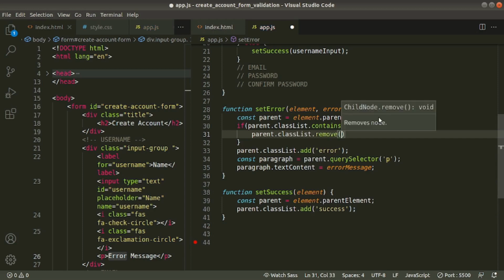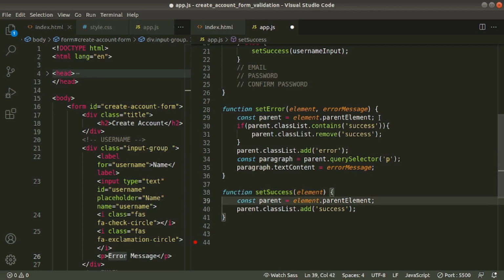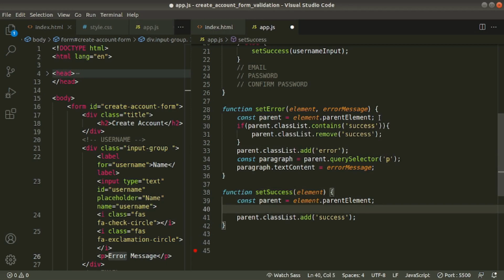Remove is the method, and success. Same for here as well. Before we add success class, we check if parent contains error class. If it contains, we remove it.